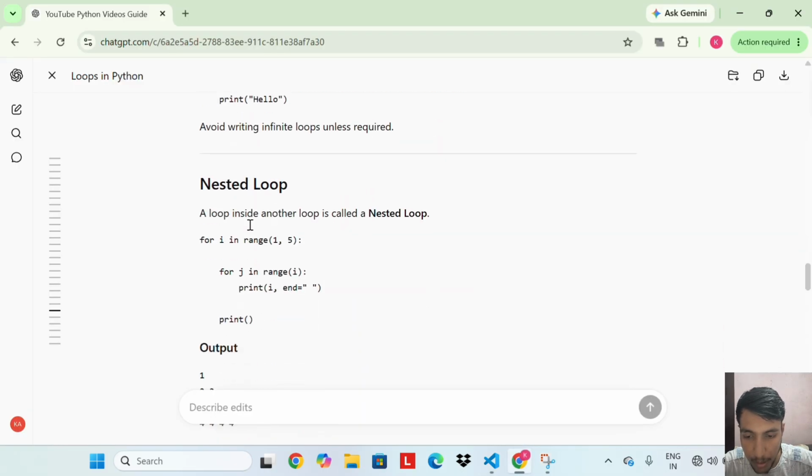Nested loop. A loop inside another loop is called a nested loop.